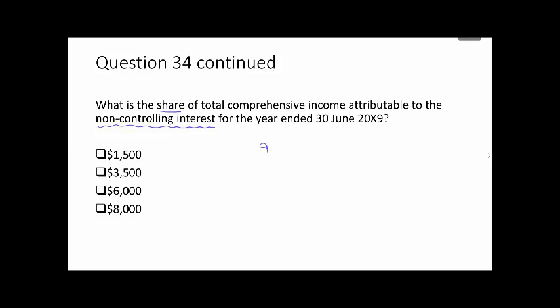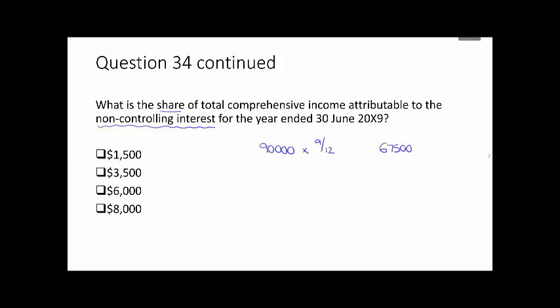So as far as the 90,000 profit is concerned, the first thing we need to do is work out how much of that arose since the date of acquisition on 1st of October X8. Between 1st of October and 30th of June, that's a 9-month period. So that would give us a profit for that 9 months of